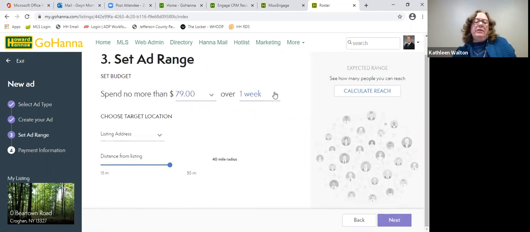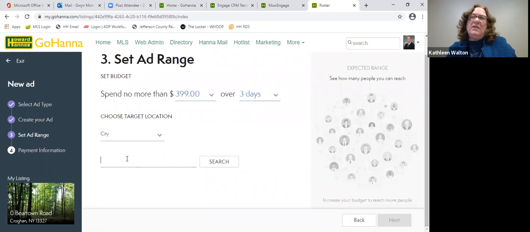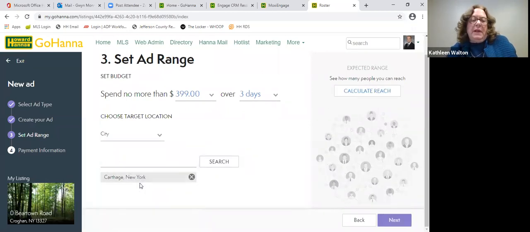How much? I can advertise it for as little as 3 days, which would be a great open house. But I also can do it for as little as $49. Okay. And I'm going to say, where do I want this to go out from? I can choose my target, either the address up to 50 miles from the address, or I could choose it from a city. So if I had an open house, my turf is Liverpool, I might want to advertise all of this in Syracuse. And then I would want to click, he's going to pull up his town, and then